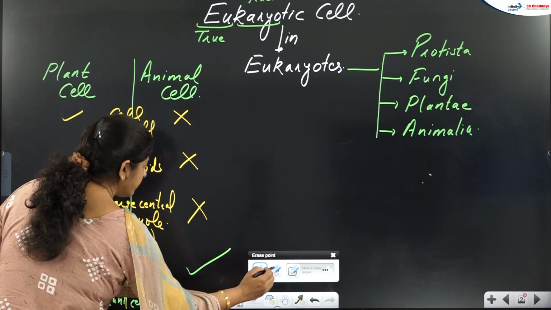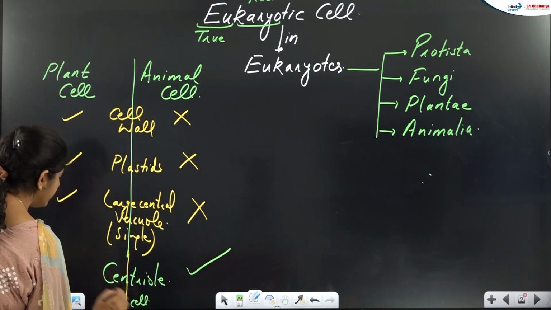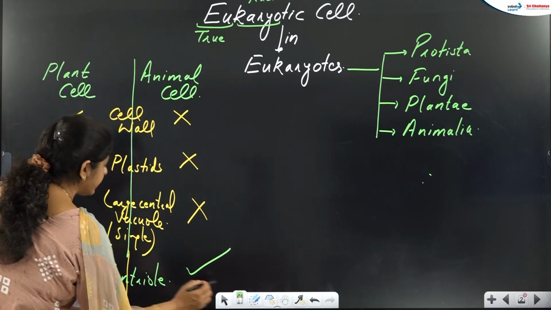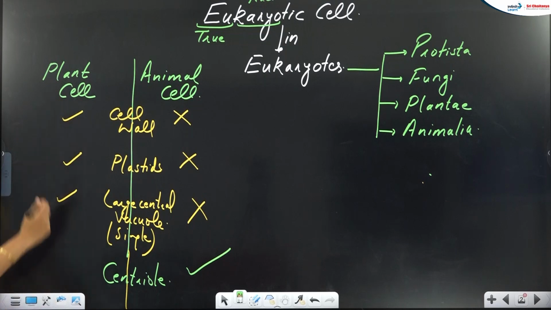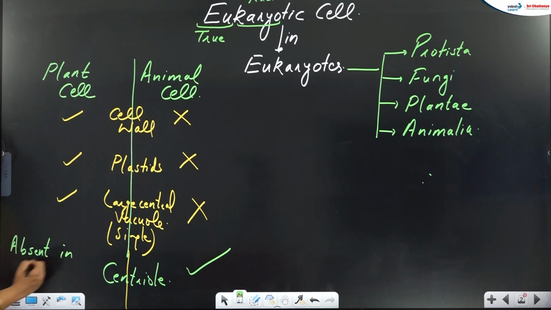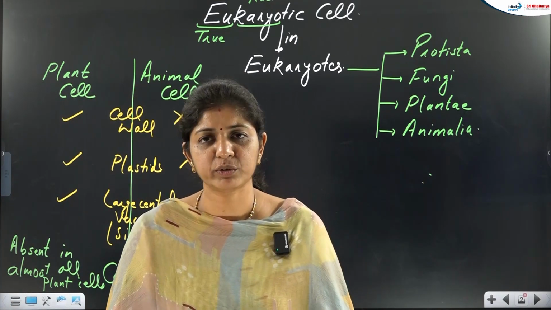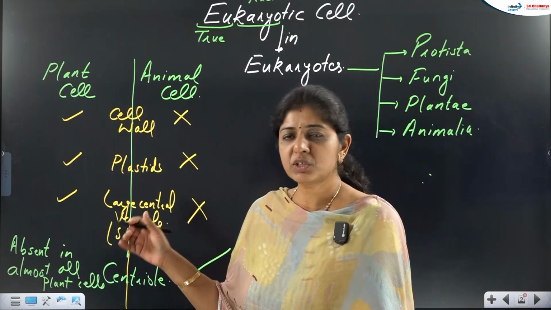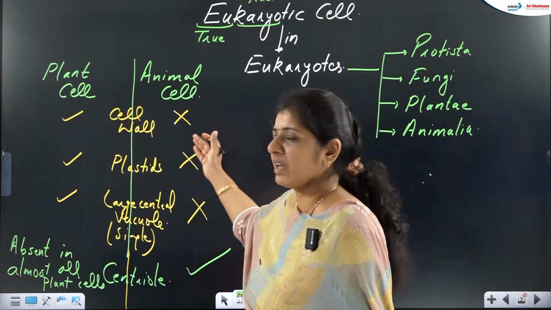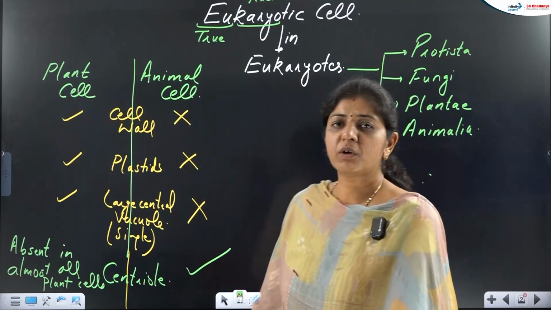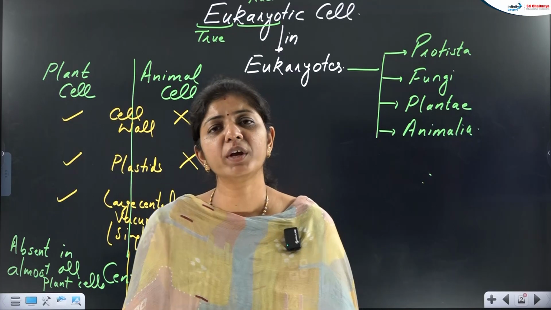Right? So do remember, it's not clear while writing here. Let me take this point slightly above so you can see and write it. I repeat, centriole under the plant cell is going to be absent in almost all plant cells. Now why have I written almost all plant cells? Reason: a few lower plant cells will have centrioles. So these are the main differences I have just given you between plant cell and animal cell, which are both eukaryotic cells, means they are not the same, they are going to be different.